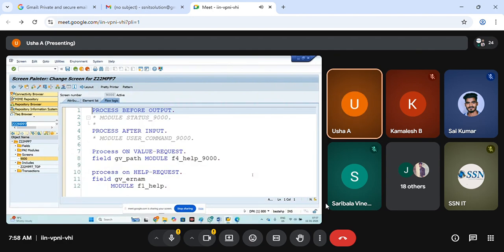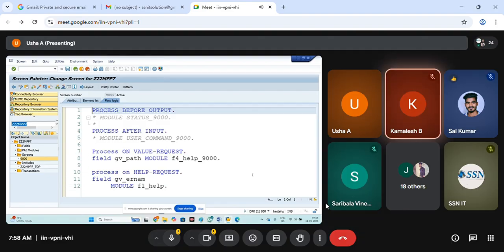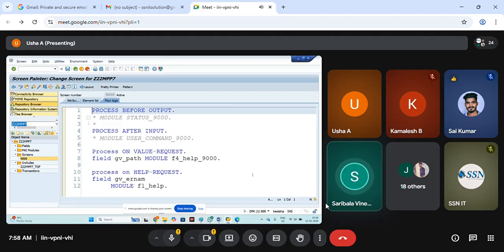List out. We can select checkboxes maximum, ma'am. In radio buttons we need to select only one radio button at a time.